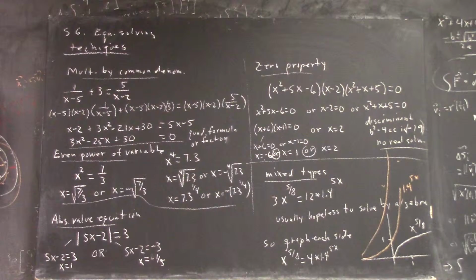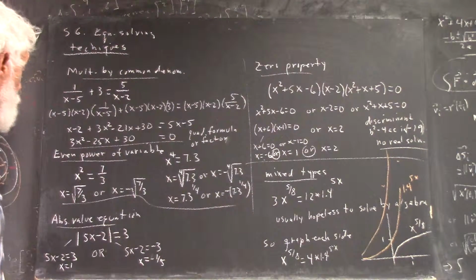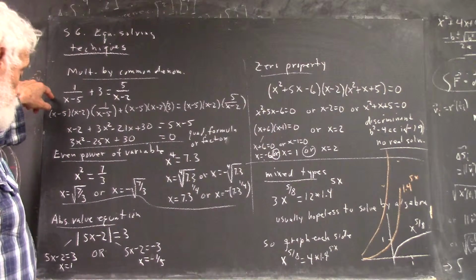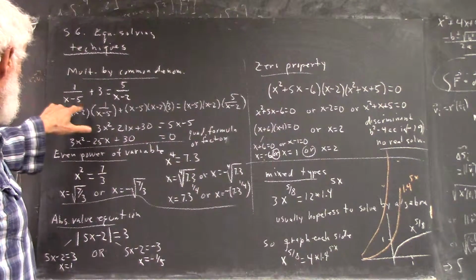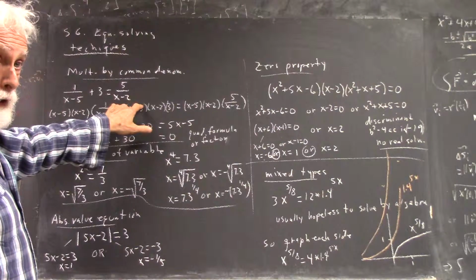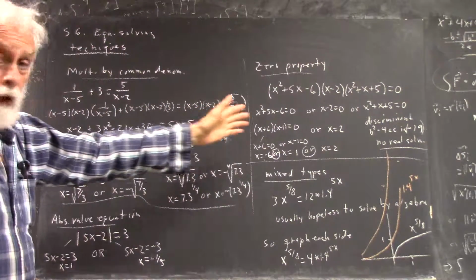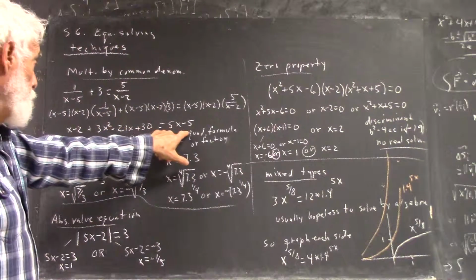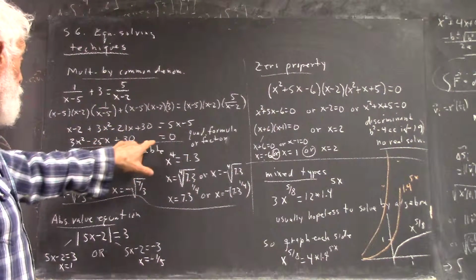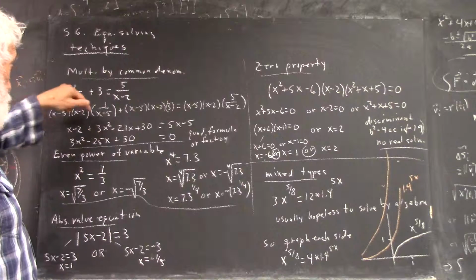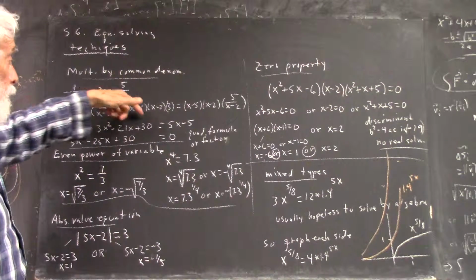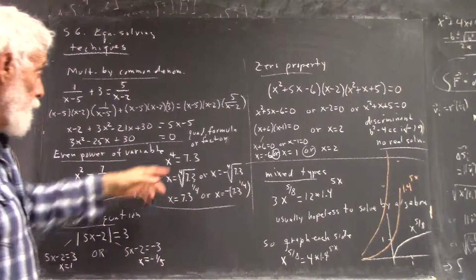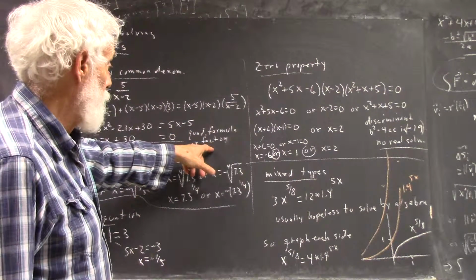A brief synopsis of the S6 equation solving techniques. You have this equation, you've got a denominator here, you've got a denominator here. You multiply both sides by the common denominator and you get an equation that looks like this. You simplify it, you find that it's quadratic, as you can see, because you have x squared, x's, and constant numbers. You put it into the standard form of a quadratic, and then you use either the quadratic formula or